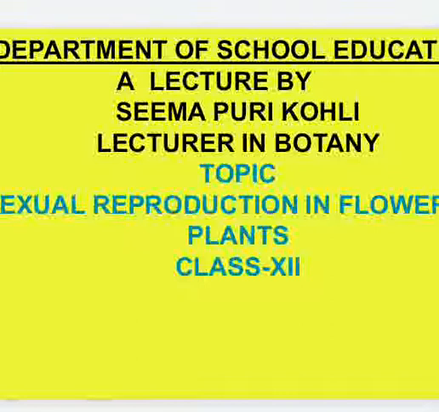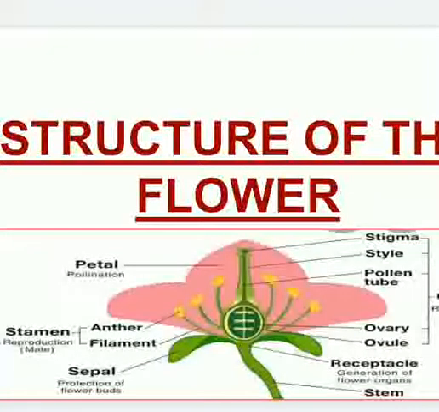Once again, we are here with the new topic after sexual reproduction in the flowering plants. That is the mode of reproduction most commonly found in the angiosperm plants, and we shall be starting this chapter by studying about the structure of the flower, because flower is the highly modified shoot meant essentially for the sexual reproduction in the plants. Different parts of the flowers are best understood by referring to the structure of a typical flower. What I mean to say by typical flower?